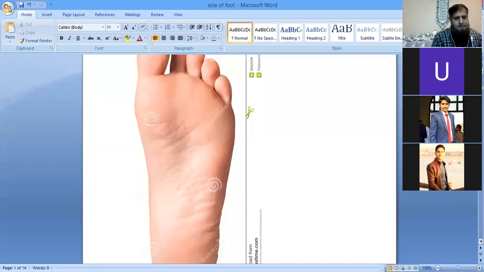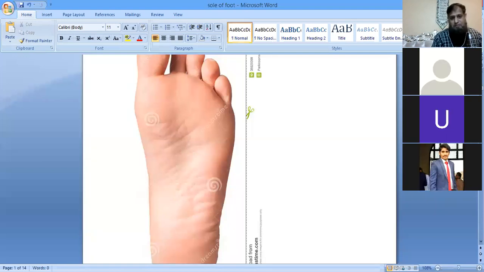सर इसकी 3 लेयर्स होती हैं। Whenever you are going to talk about any part of the body, you are going to start from the superficial to deep, right? So we are going to start from the skin of the sole of the foot, ठीक है जी। ठीक है, sole of the foot also called as the plantar surface of the foot, number 1.